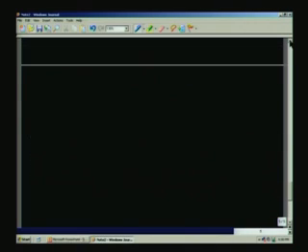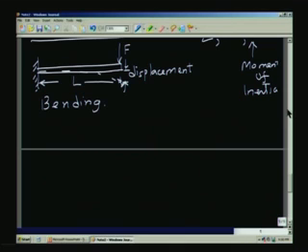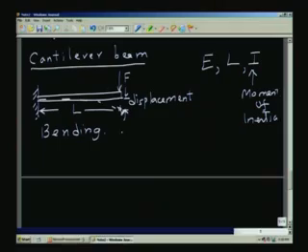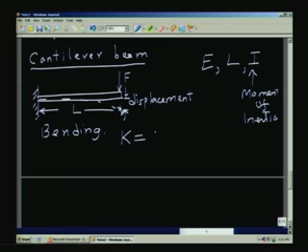So, what I am showing is the case of a cantilever beam. The Young's modulus E, the length of the beam and the moment of inertia are going to determine the spring constant, and the formula is K equal to the spring constant 48 EI by L cube. Again, you see that the moment of inertia is in the numerator. The longer the length, the less stiff it is. As you can see, the length is in the denominator.